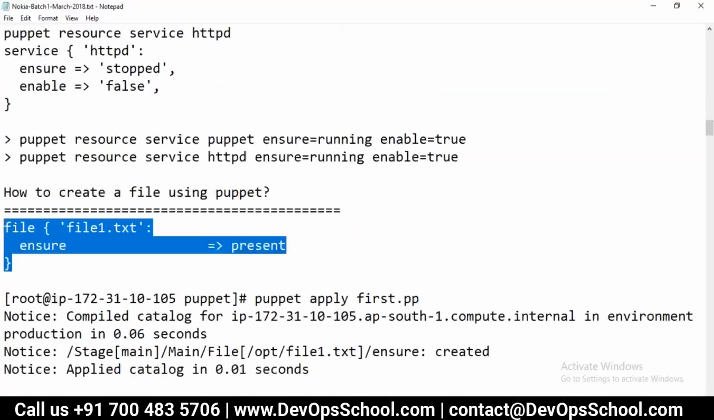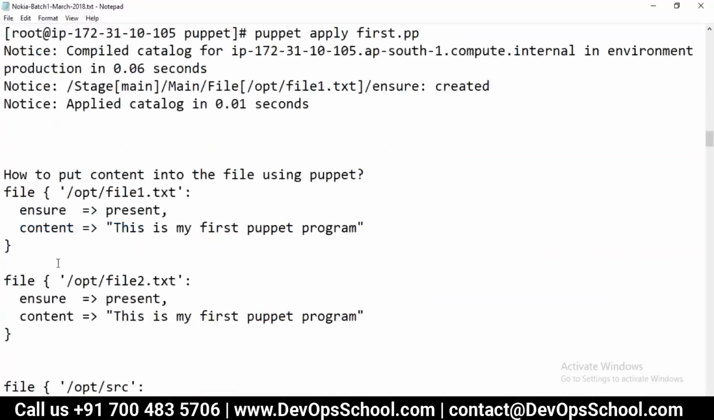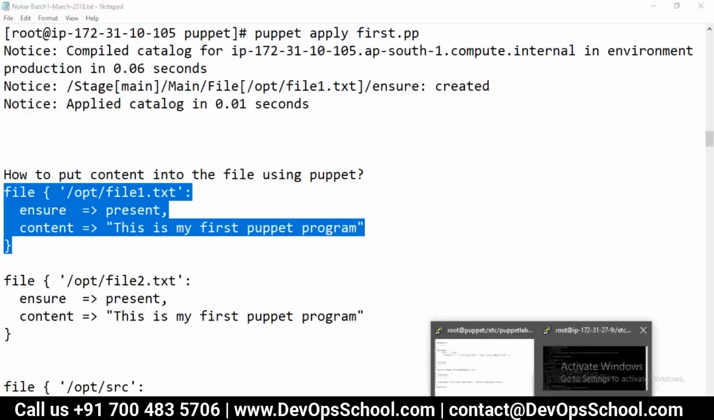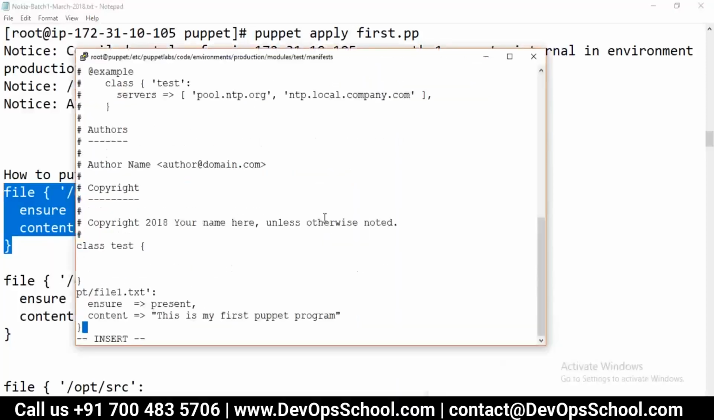This one. Let's create a file under the opt, which is file1. So it's one of the very simple ones here. Okay, what I did in that class test, I have it, probably I just